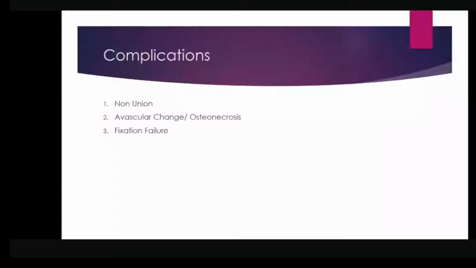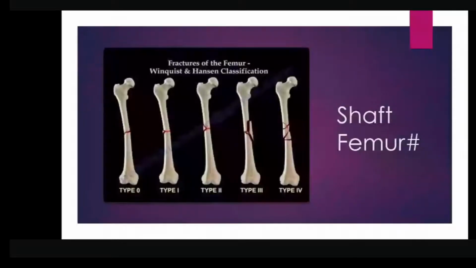Non-union is very common because the shearing force of the nature of this fracture prevents union. Also, this sort of fracture is devoid of vascularity, and the lack of a cambium layer within the periosteum of the femoral neck or head is also responsible. Another is that it is continuously bathed by the synovial fluid, so the fracture hematoma washes out from the surface. So you have to read this very carefully.